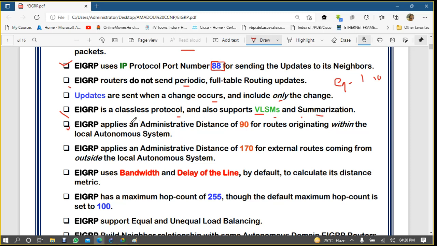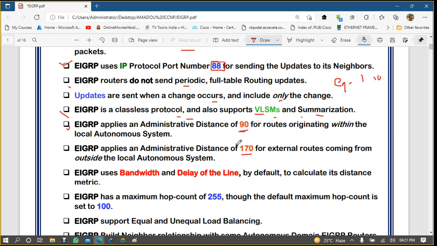EIGRP applies administrative distance numbers: 90 for internal routes and 170 for external routes. If I am using EIGRP 10 and you are using EIGRP 10, the administrative value between us in our routing table will be 90, for whatever network I am receiving from R2, since the autonomous system number is the same.